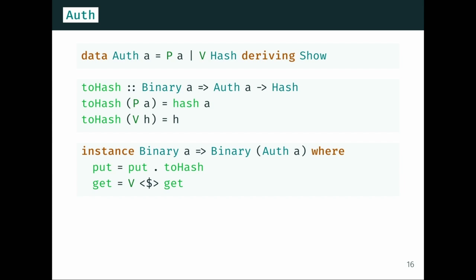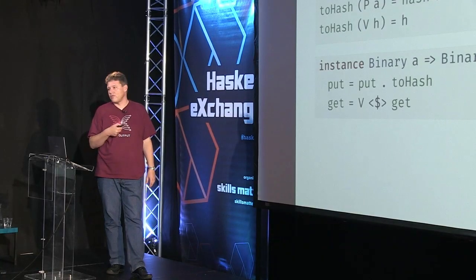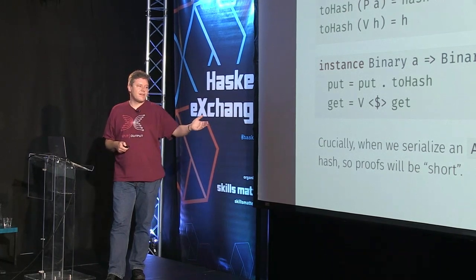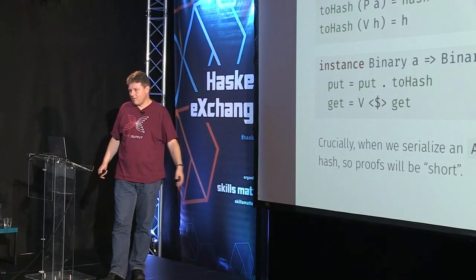And using this, I can write a binary instance for Auth A, and this is crucial now. Even though A is serializable, and even if I'm in the prover version, I don't just serialize A, instead I send the hash. So I always just send the hash, and the get just deserializes the hash. So if I serialize and then deserialize, I always go from the prover version to the verifier version. And that's very important, because in our tree types, in our data types,